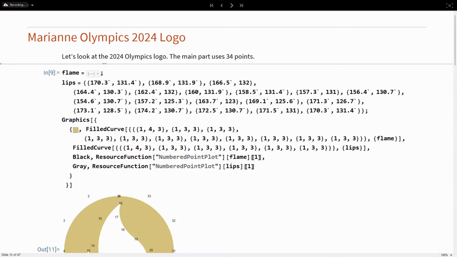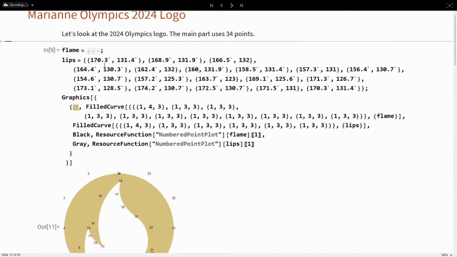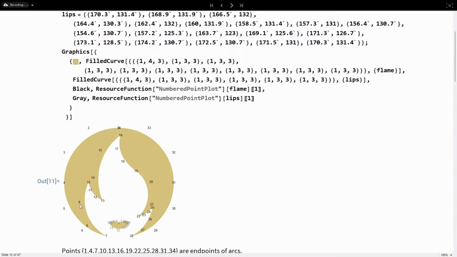So once you can draw a line, you can do more things with it. So here's the logo for the Summer Olympics. It looks like sort of the face of Marianne. It's also the Olympic torch and also a gold medal. So they wanted to represent a number of things in their logo, but there's also a couple items that are hidden. This curve here is done with